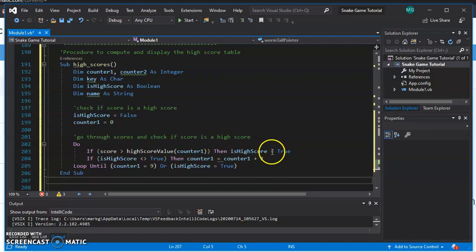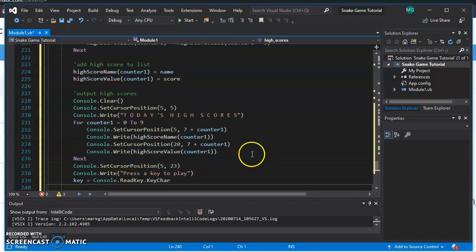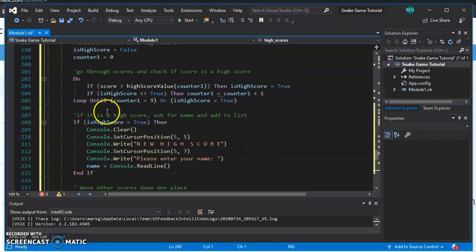add a counter, then the score is set to true. If it's not true, then I'm going to add it in an additional place further down the scoreboard if you like. I'm going to keep looping until it finds a place if there's a high score available. The other part of this then, so obviously I'll copy all this bit in. Okay, there's an awful lot to think about with just a game like this. There's quite a bit to it. Right, so if it is a high score, if it's found a place in our leaderboard between 1 and 10, if there's a gap available,